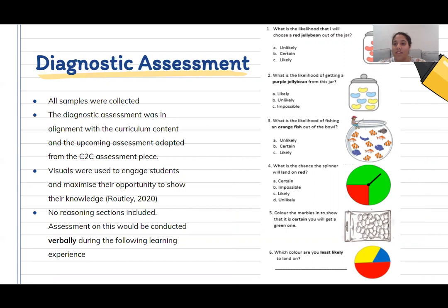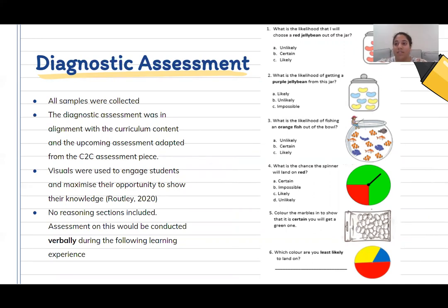And it didn't examine the knowledge of classifying and describing outcomes of chance events and experiments, which was needed. So the curriculum hadn't touched on it in previous years, as I showed before, but I did need to know what my next steps would be, which meant giving a more formal diagnostic pre-test. When I started to look into the assessment strategies I'd use, I kept in mind the reading and writing levels of the students, which were quite low.